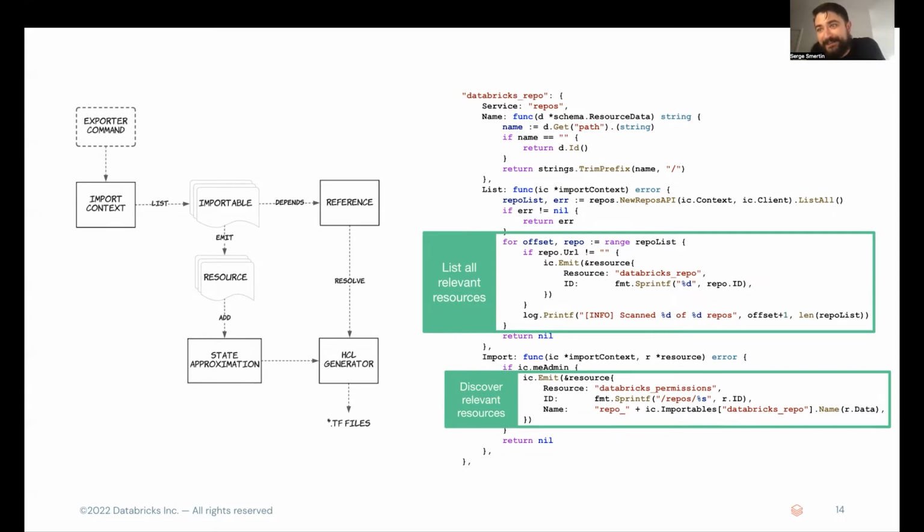And then there is another callback, post importing, which is essentially after we call the read context callback of the Terraform resource, we also add things like permissions for this Git repository. Essentially, there is a command called Terraform add that tries to be baked into the Terraform core, but there is no listing. So once HashiCorp would implement something generic into their toolkits, I would be happy to port this framework to something more generic, because